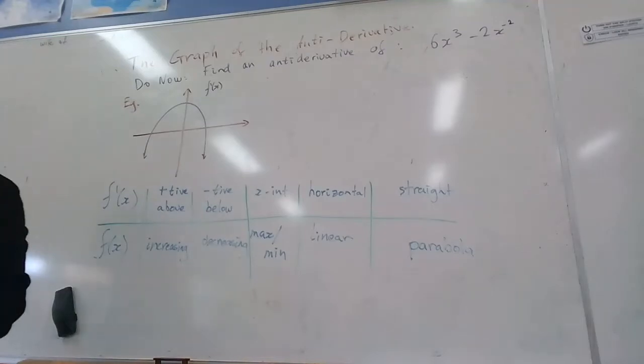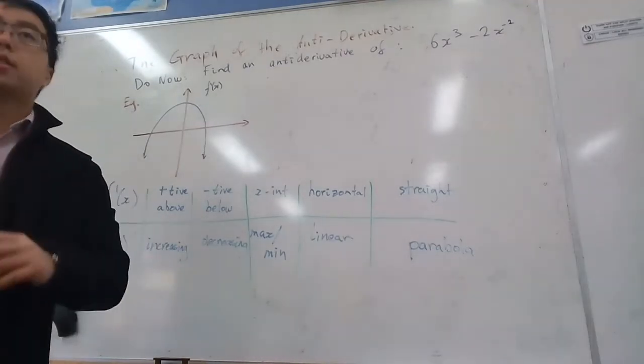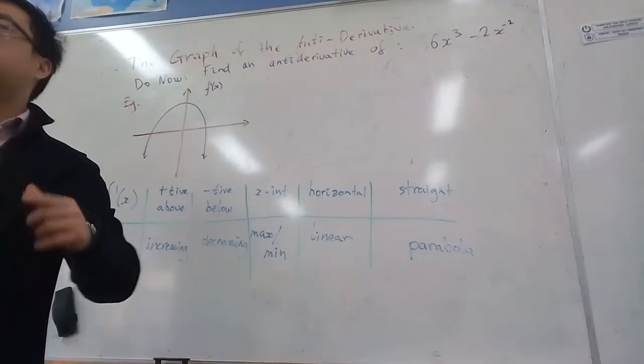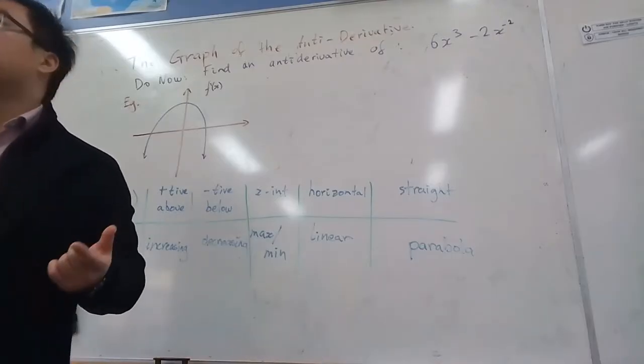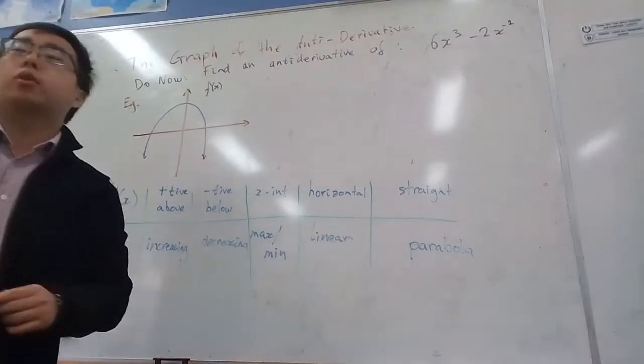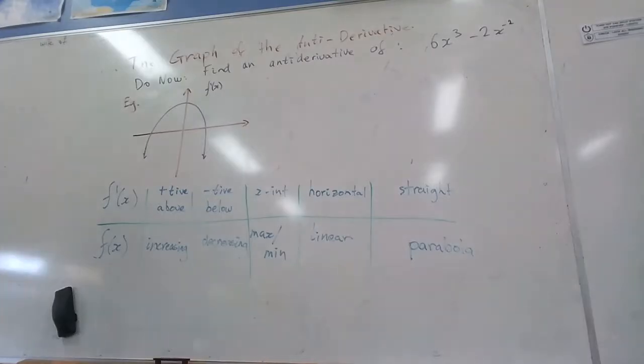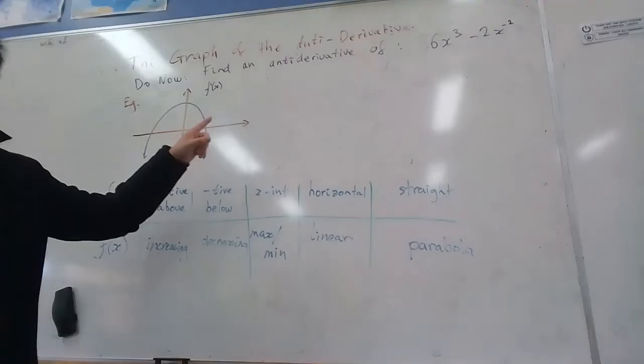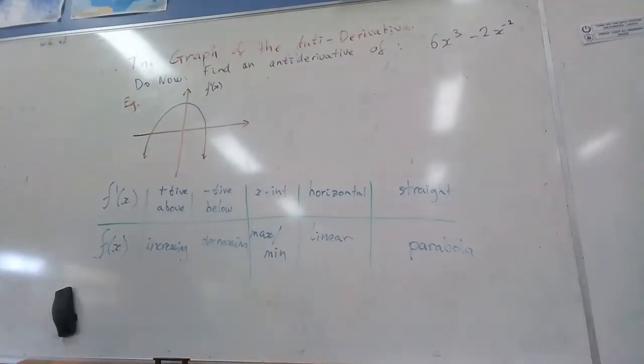...of the antiderivative. Again, this exercise is quite brief. Really, we're focusing on whether we can do the opposite. Usually I give you a graph and you have to draw the derivative graph. Now we're just working opposite. For our do-now question, we're looking at finding an antiderivative, wording is very important, of 6x cubed